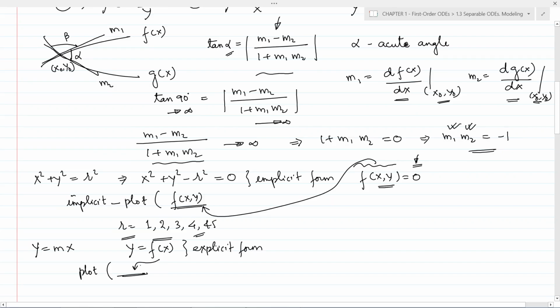Now, in earlier problems and in earlier exercises, problem set 1.1 and 1.2, we have already used this plot command to plot various graphs. Now, we will use m values starting from -2 and incrementing 1 at a time, that is -1, 0, 1 and 2. For these 5 values of m, we will plot the family of straight lines y equal to mx passing through the origin.